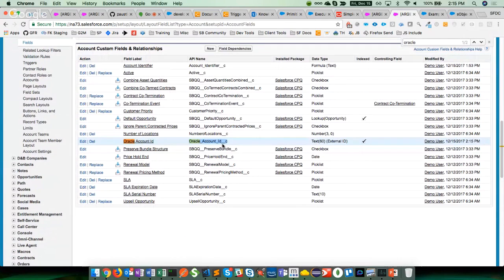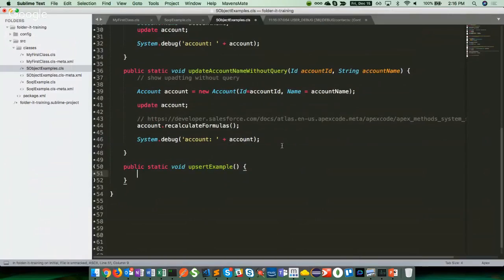Okay, any questions? Anyone have any questions? Make sure that this checkbox here next to index is checked. Okay, and it says external ID here. If it doesn't, then you'll have to go edit your field and check that box. Okay. All right, so let's say that